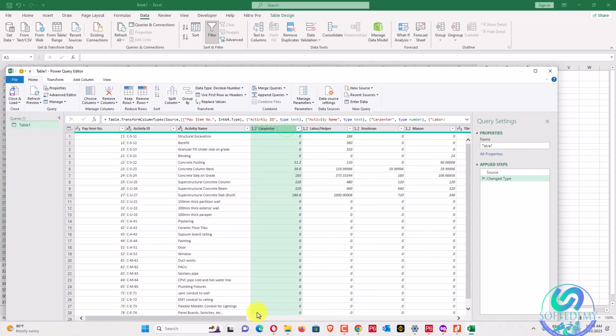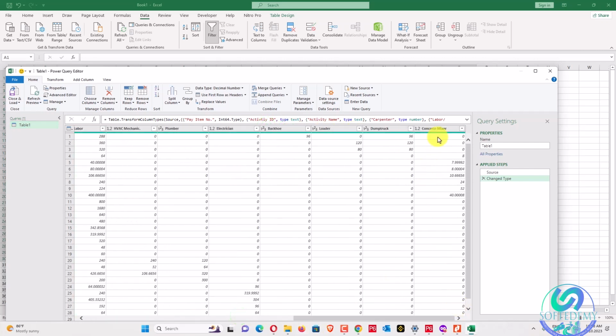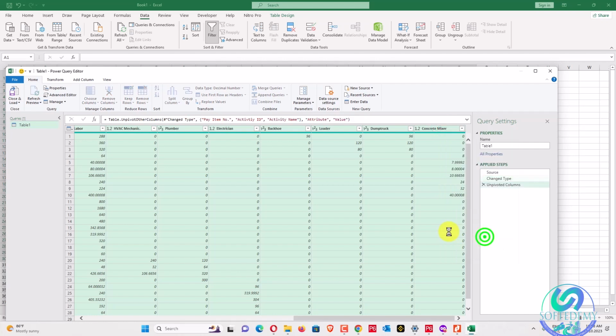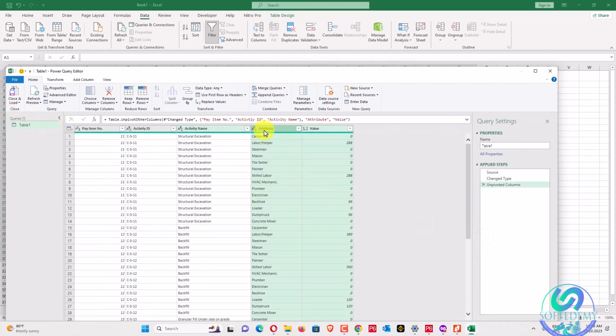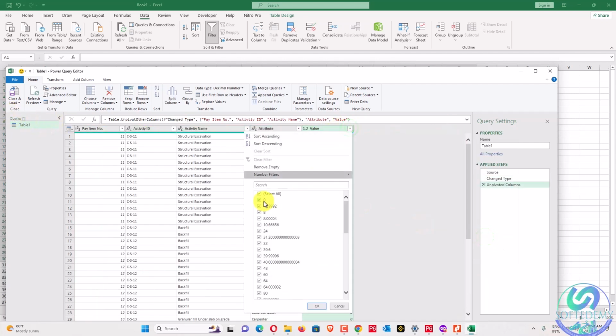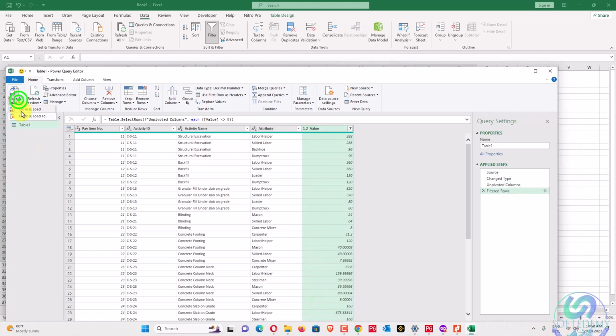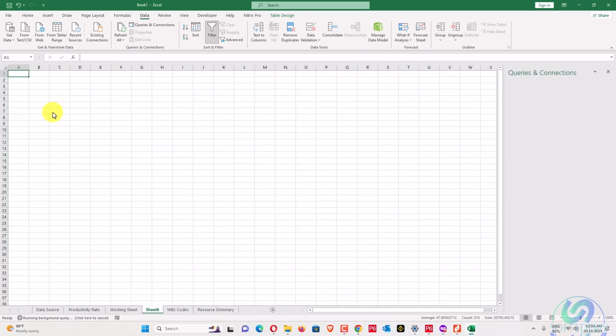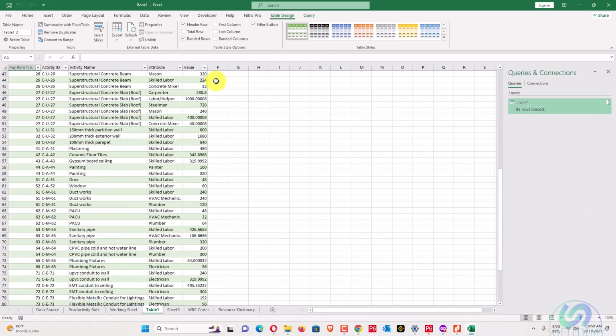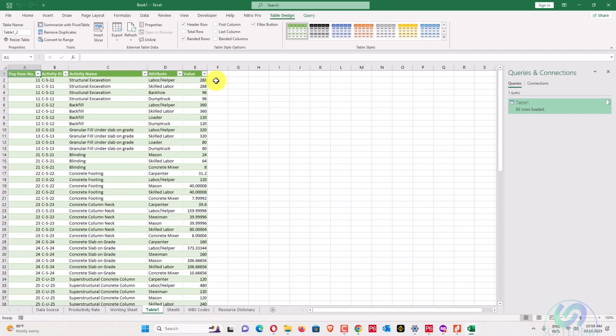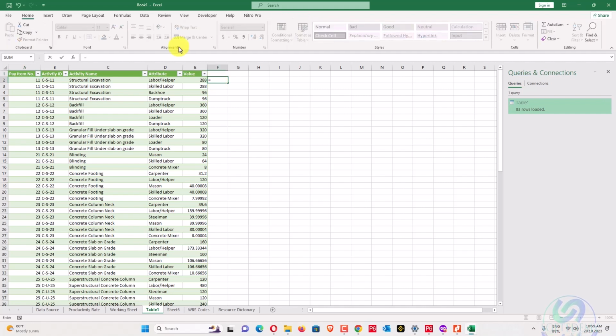So just select all of this, unpivot columns, and now we'll remove the zeros from here and just close and load. Here you can see all my values are in line. Also now equal to VLOOKUP here.